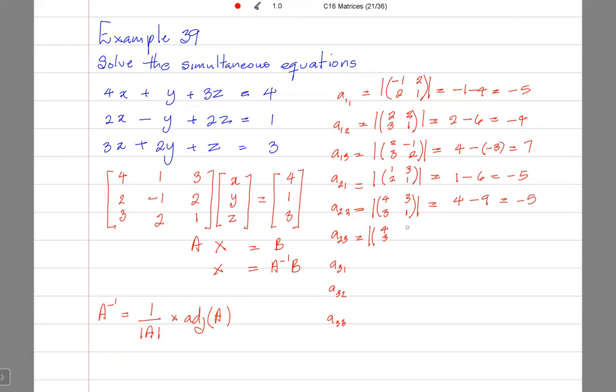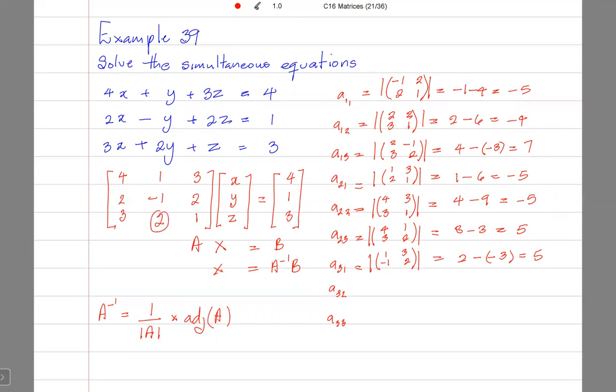Four, 3, 1, 2. This is 8 minus 3. This is 5. 1 minus 1, 3, 2. And this would be the determinant of 2 minus minus 3, which is also 5. All right, so